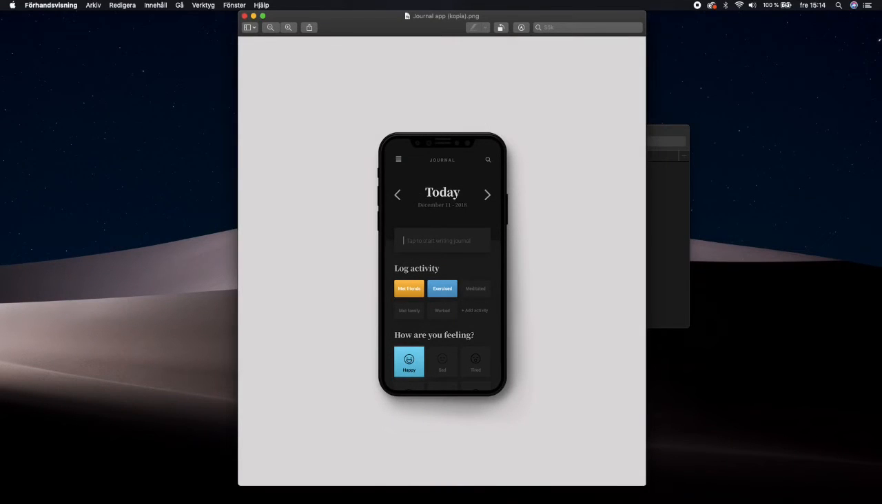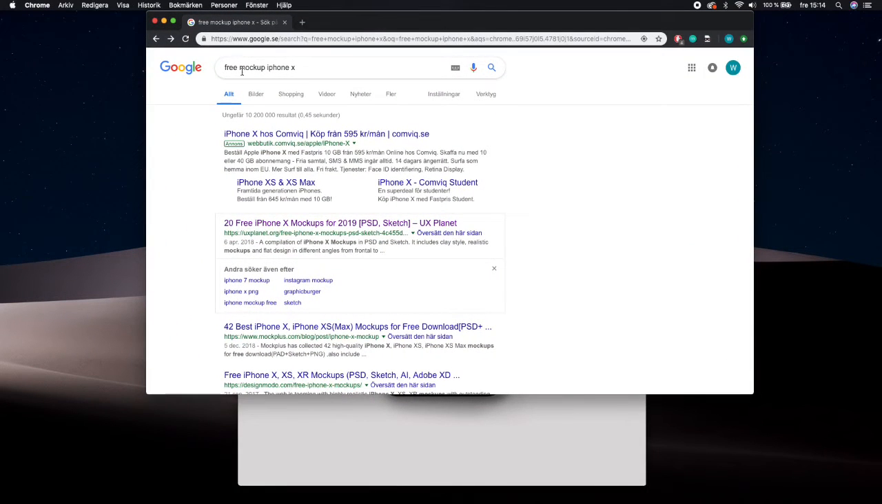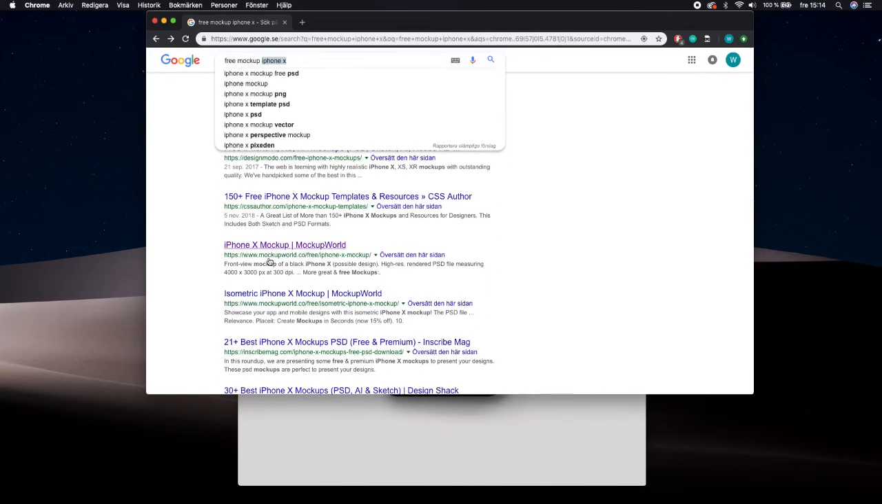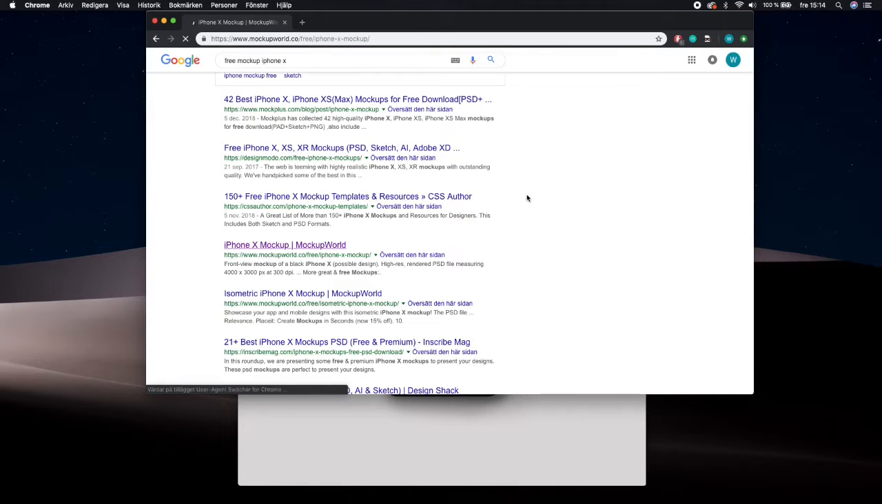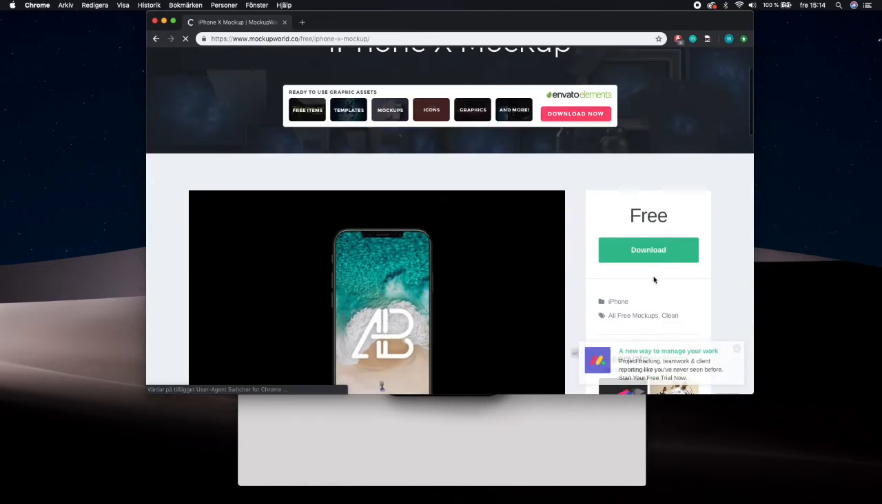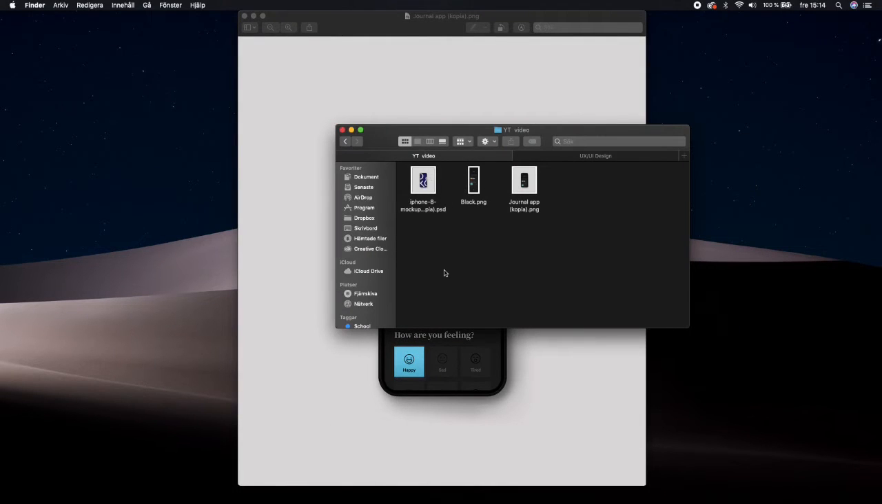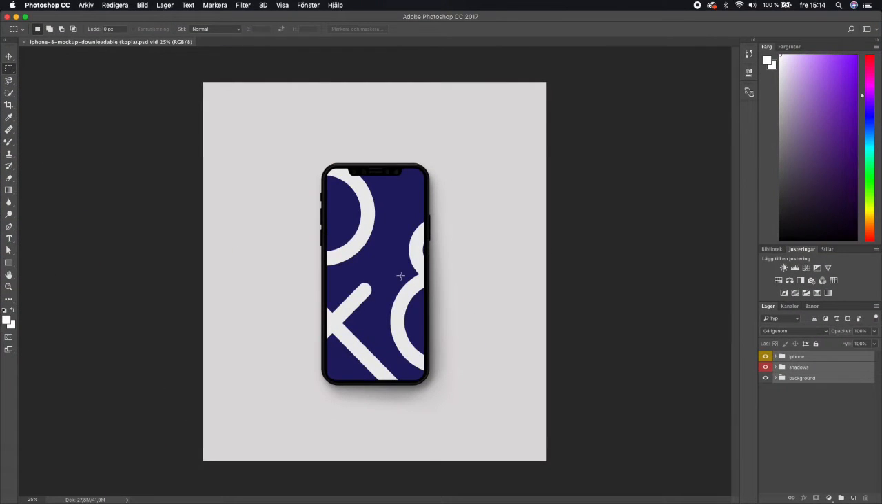I usually just Google free mockup and then the device I want to use, and then I often go to Mockup World and just download the file. And once you download the file, you'll just open it up. This one is in Photoshop, and in every one of these mockups you can see down here